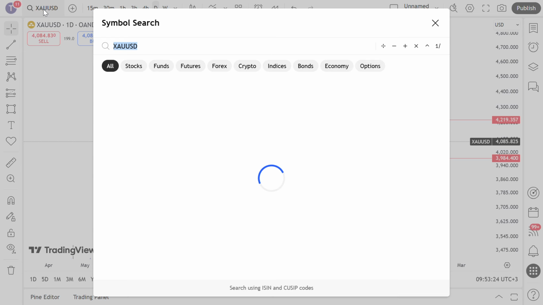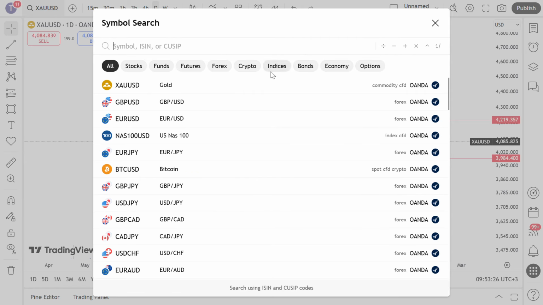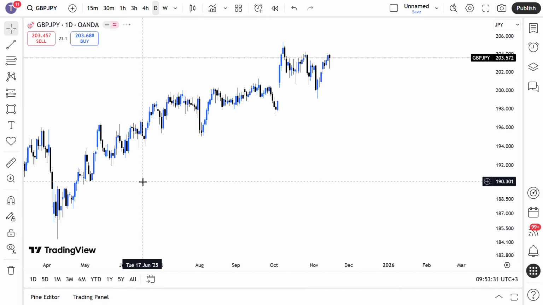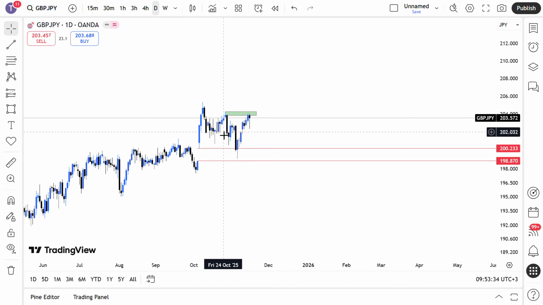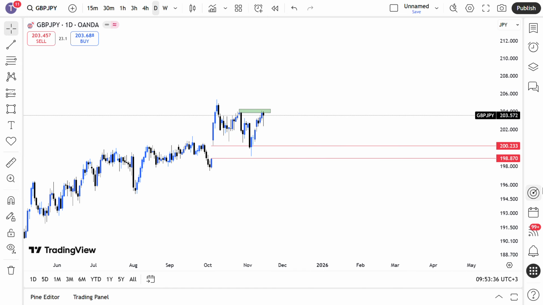So I have a GBP JPY also, an update on GBP JPY. So on GBP JPY, I drew my zone